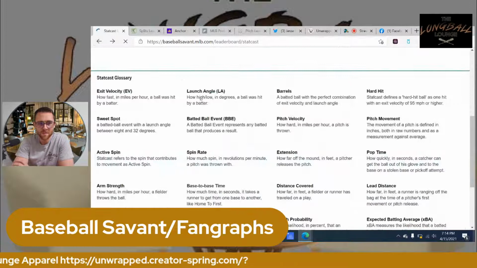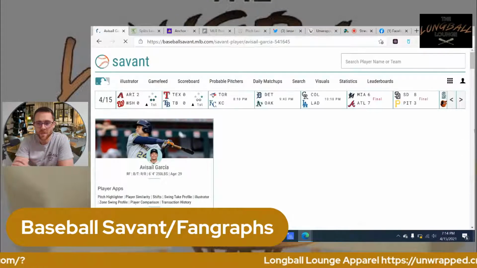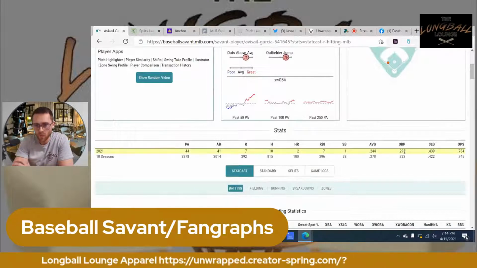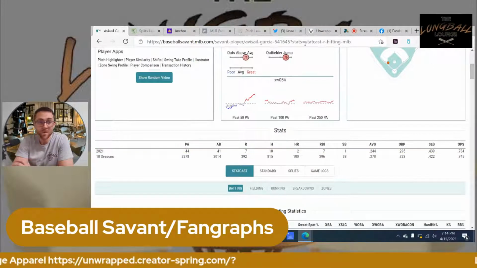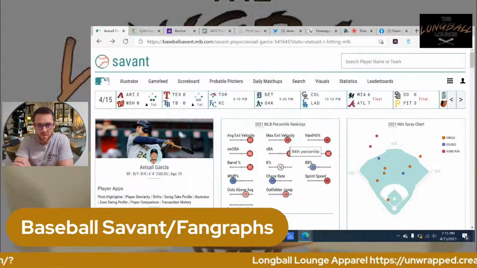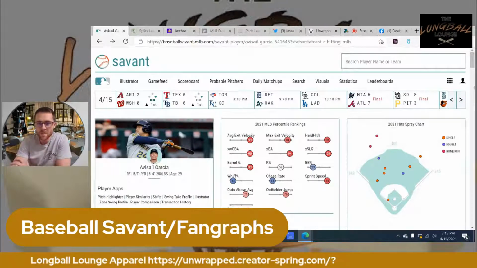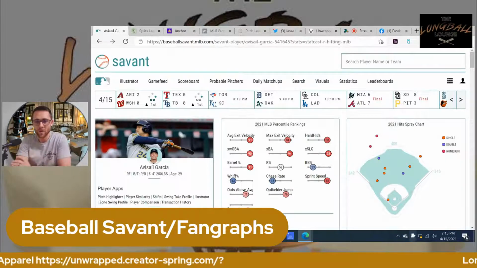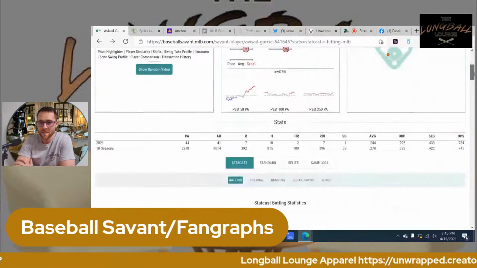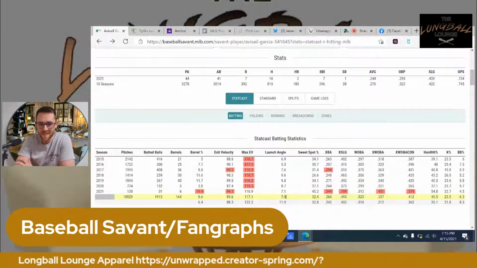That's Avisaíl García. He was at the top of our list, 5th, up with names like J.D. Martinez, Judge, all these other guys. He has 2 home runs, batting .244, .295 OBP. Not great, but he's crushing the ball right now. So what does that tell us? Look at this: 91st percentile, 90th percentile, 94th percentile, 93rd percentile, 88th percentile hard hit. All these things show us that he's actually hitting the ball very hard. He's just getting unlucky, or he's not elevating the ball, which I know he's not because I've looked recently. He's not a very good launch angle guy. As you can see here, he's only got a 7.9 launch angle.